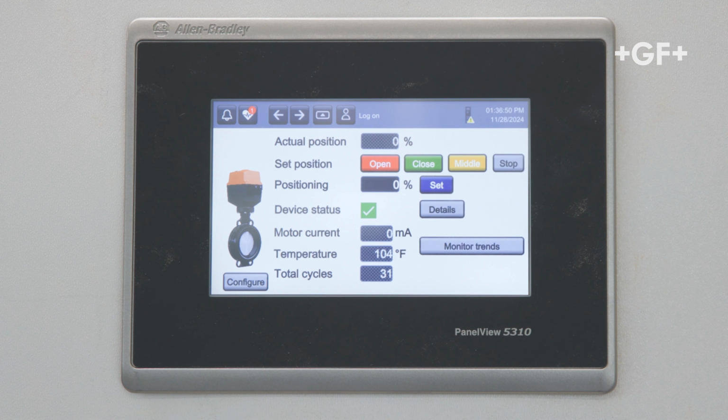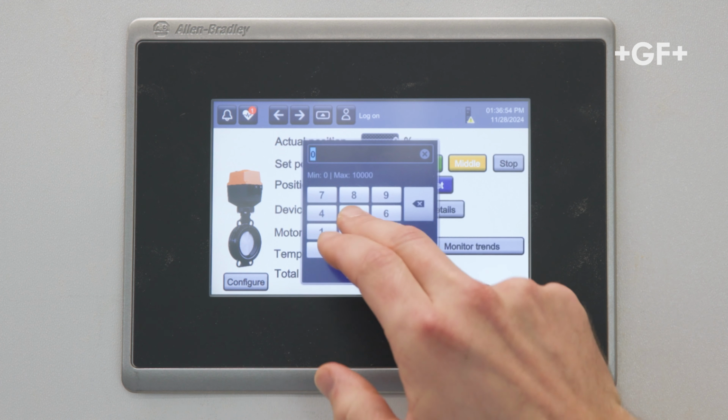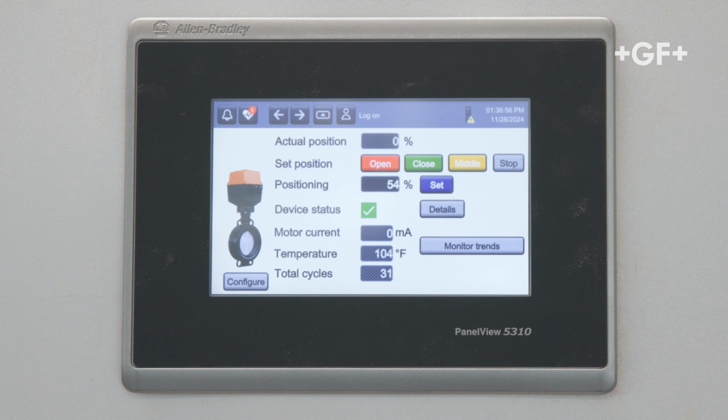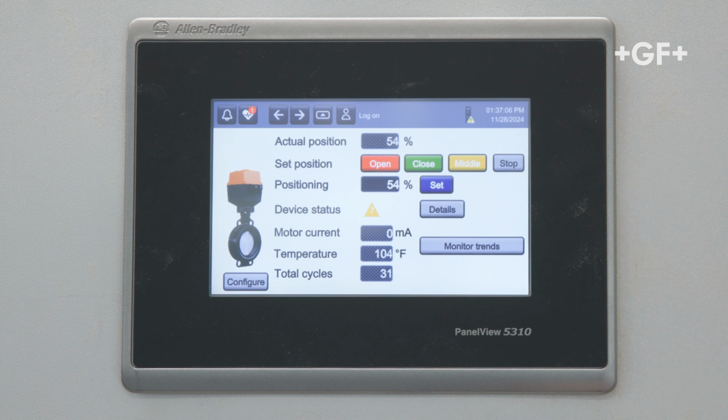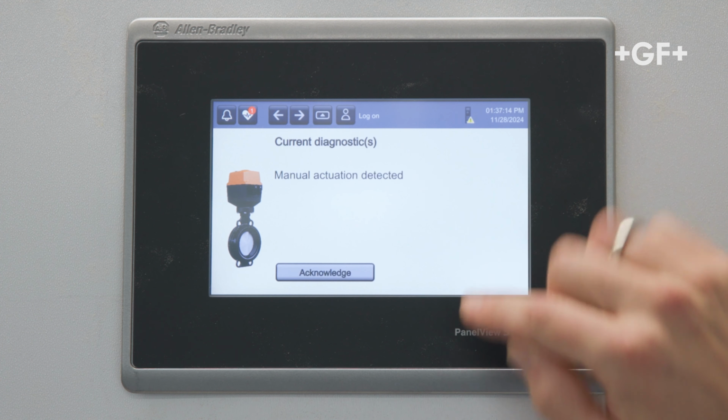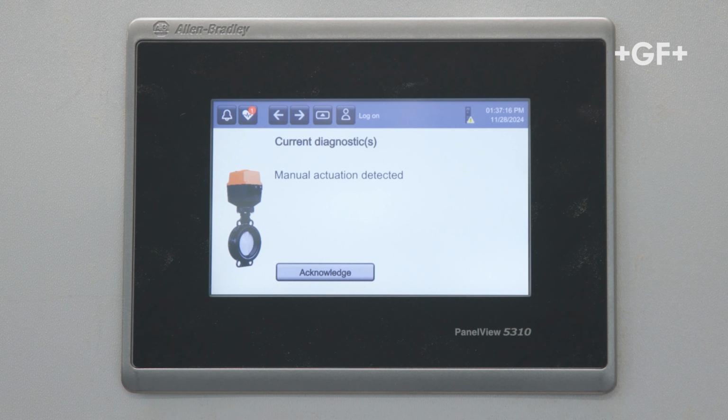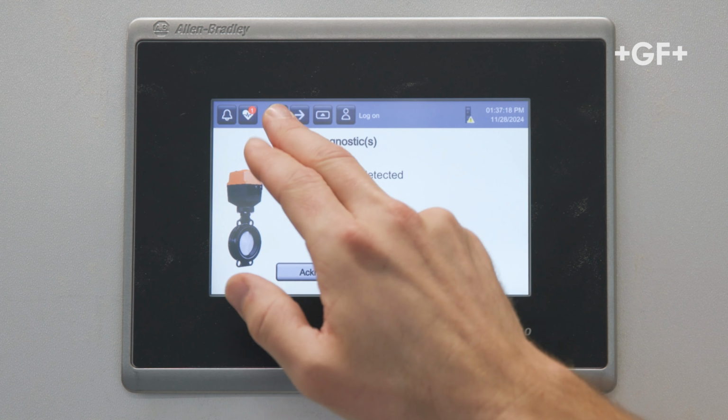Besides the normal open-close functionality, there's also the possibility to bring the valve to a certain percentage value between open and close, so the typical positioner mode. Besides that, there's a comprehensive diagnostic capability, which means we have a device status which displays the device health. In this case, we are simulating that a manual hand wheel is plugged in, and this information is directly possible in any kind of customer environment.